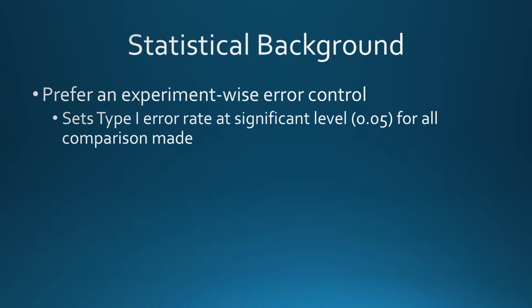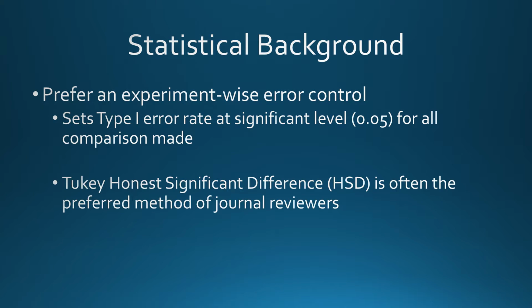Normally, a researcher is going to establish a 95% level or a p-value of 0.05. The Tukey honest significant difference test is normally the most preferred by journal reviewers. It also has a moderate power rating,